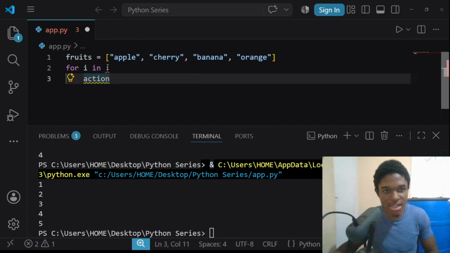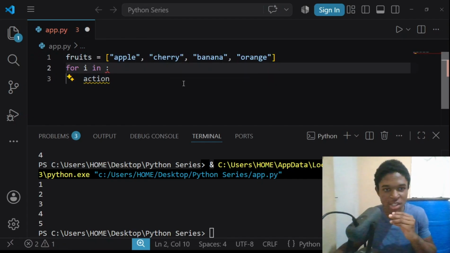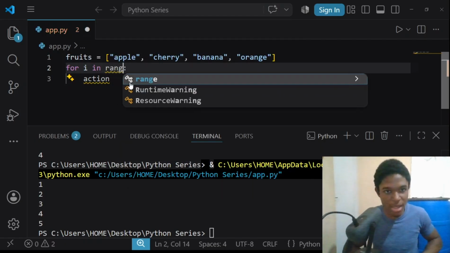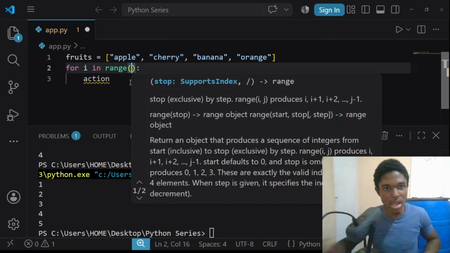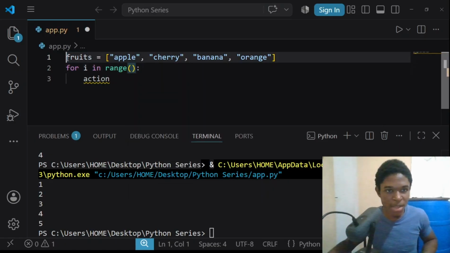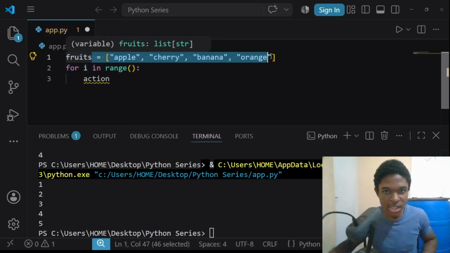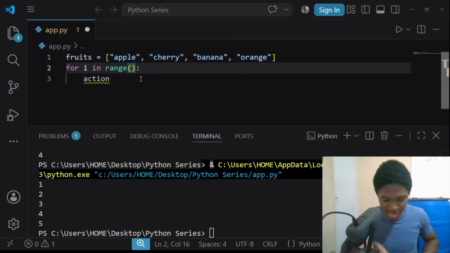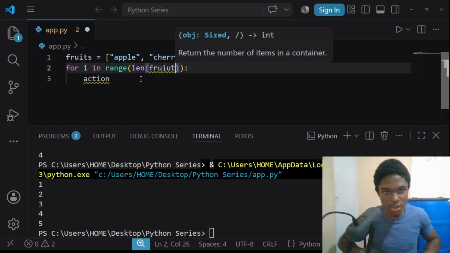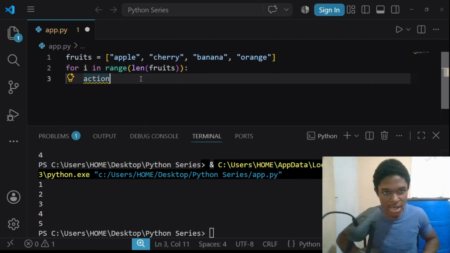Meanwhile, we are printing it out. We could use the range function to do this. So we could say for i in range, and then we could simply provide the length of this fruits list. So we could say length of fruits, and then for the action, guys,